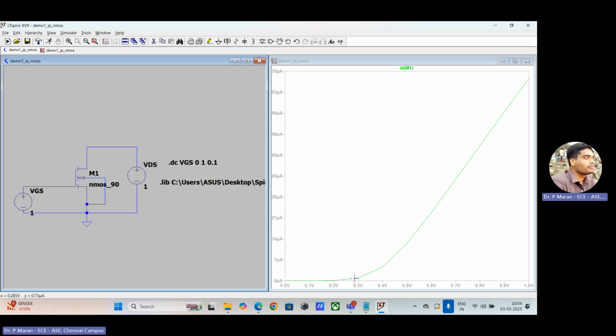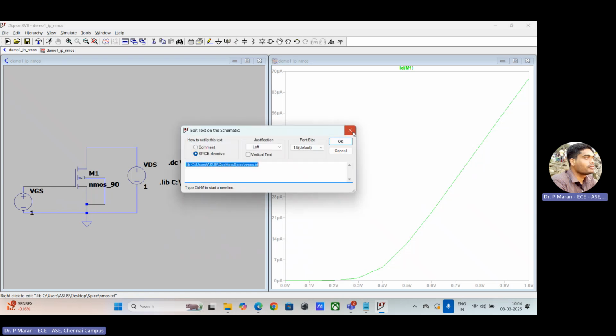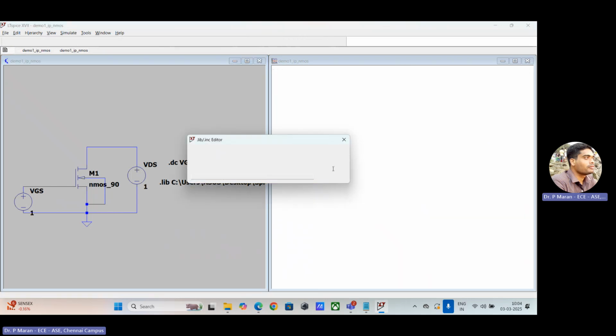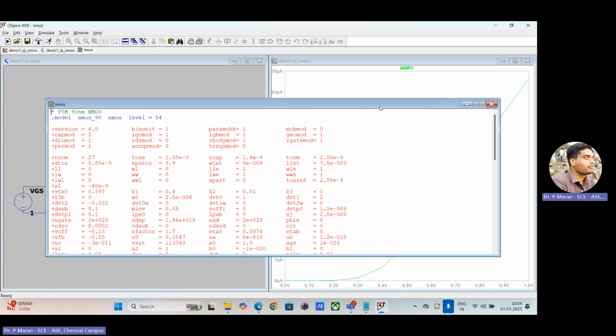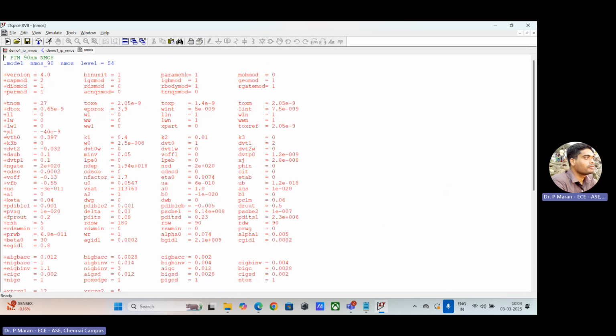So what I will do now to verify whether it is working properly or not is go to the command file where my model file is included. The .lib is there. I will go there, right click, and click on open. That notepad file will open now. You see now I have one parameter called